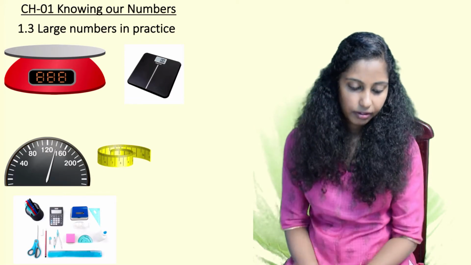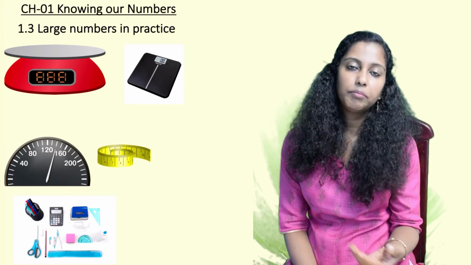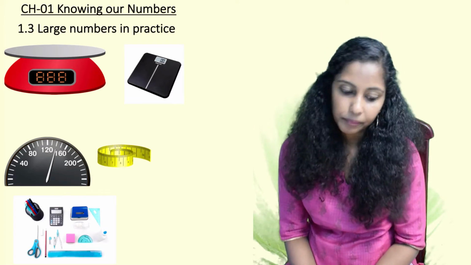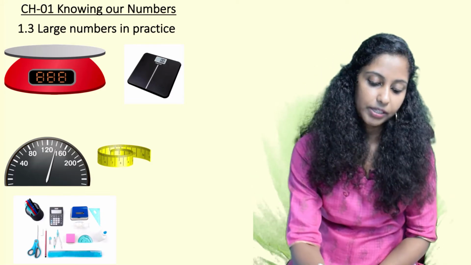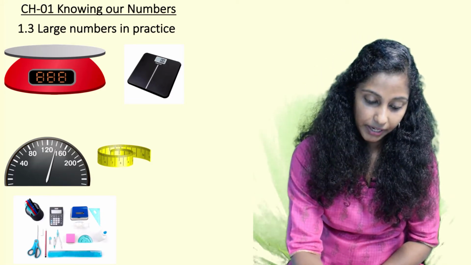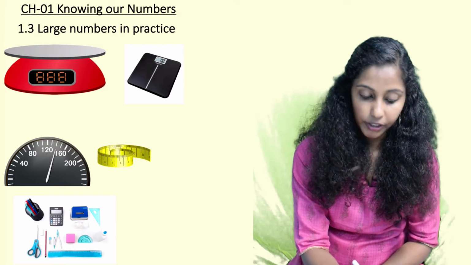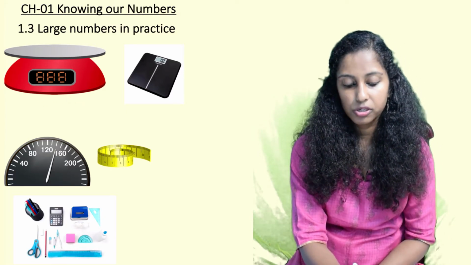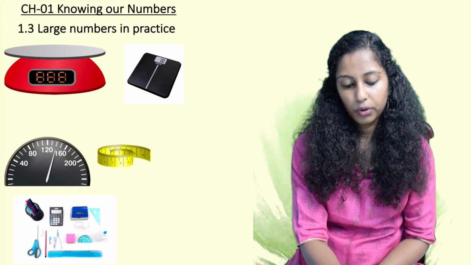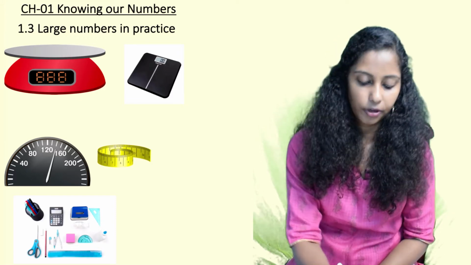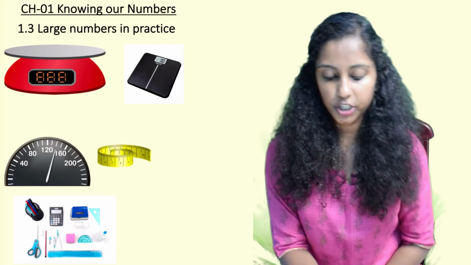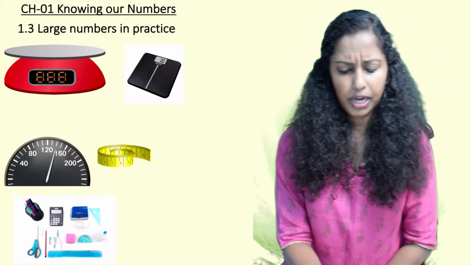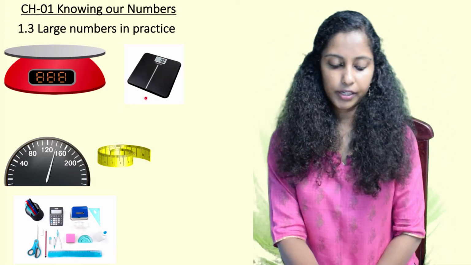As we had learnt earlier also, numbers are used to express quantity, and for measuring quantity you can see here there are various devices given. This is a weighing machine, which you see in a grocer's shop where the grocer will measure the things and then give accordingly to the customer. This is a digital weighing machine, which we have in our homes, in clinics and all, to check the weight.